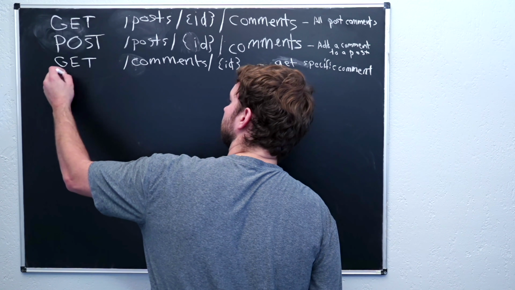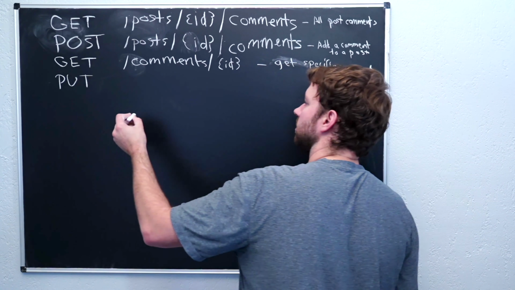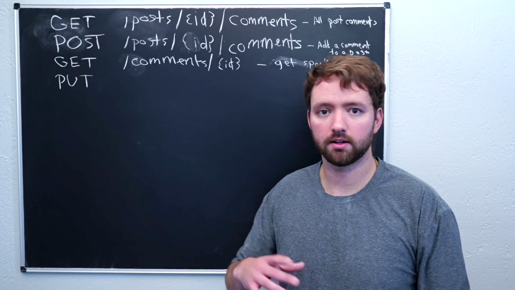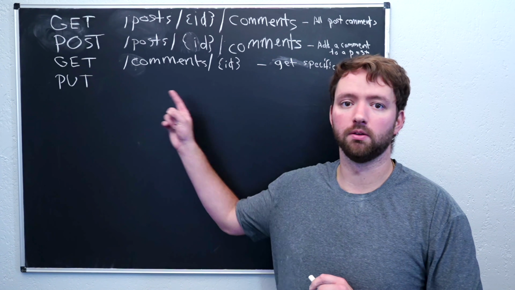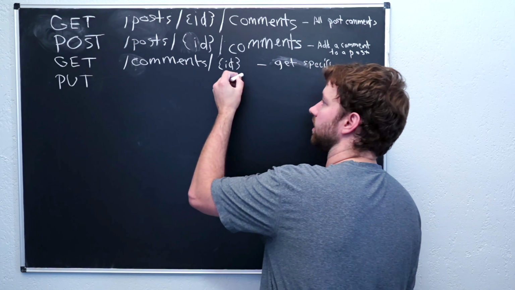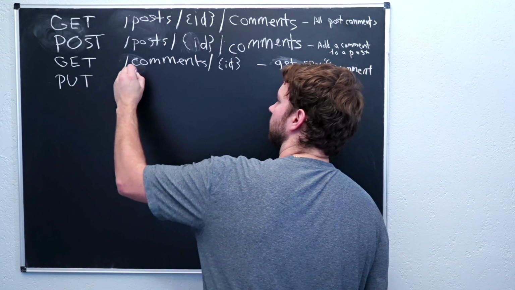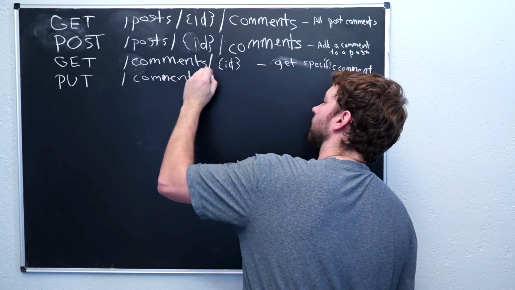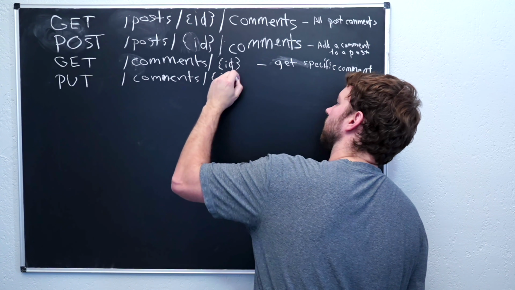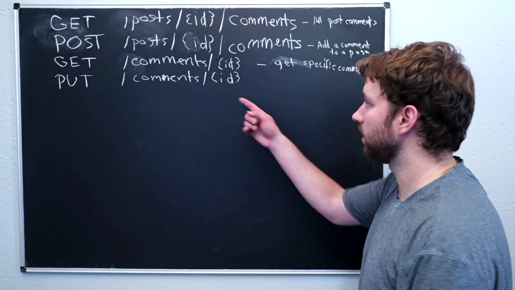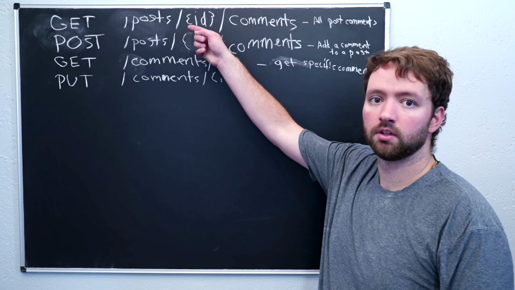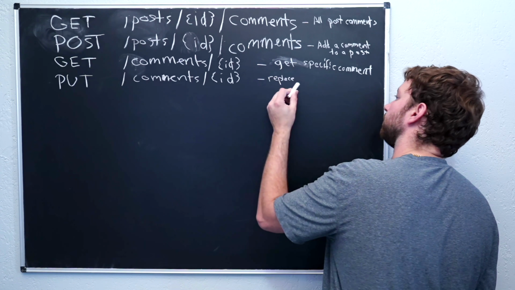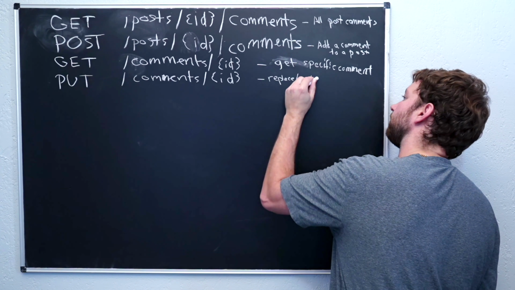Next up, the next method we're going to learn about is PUT. This is used to replace or update some data. So if we're going to edit our comment, we can use a PUT request. Again, for all of these that are working with a specific comment, we don't need the parent post. So we can just say comments/ID. So notice these are the same URL, similar to GET and POST. The only thing differentiating them is the method used. So this will replace or update